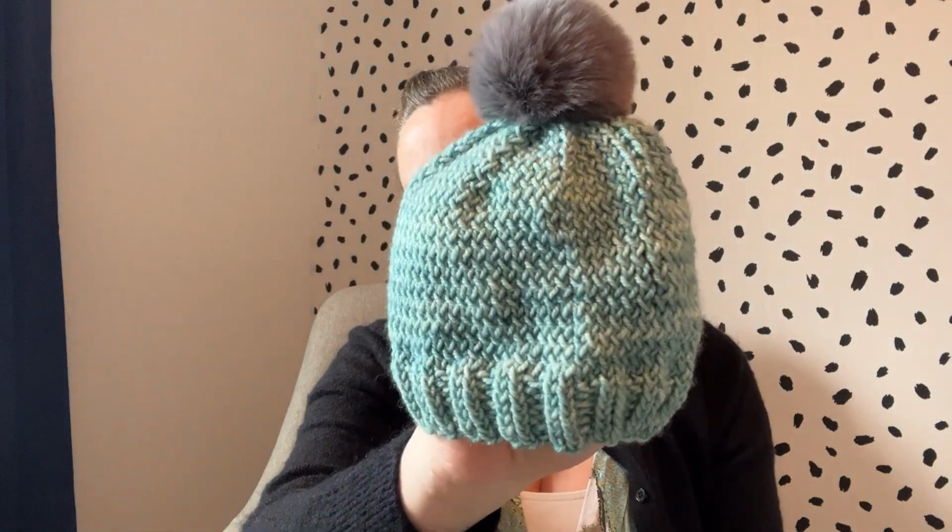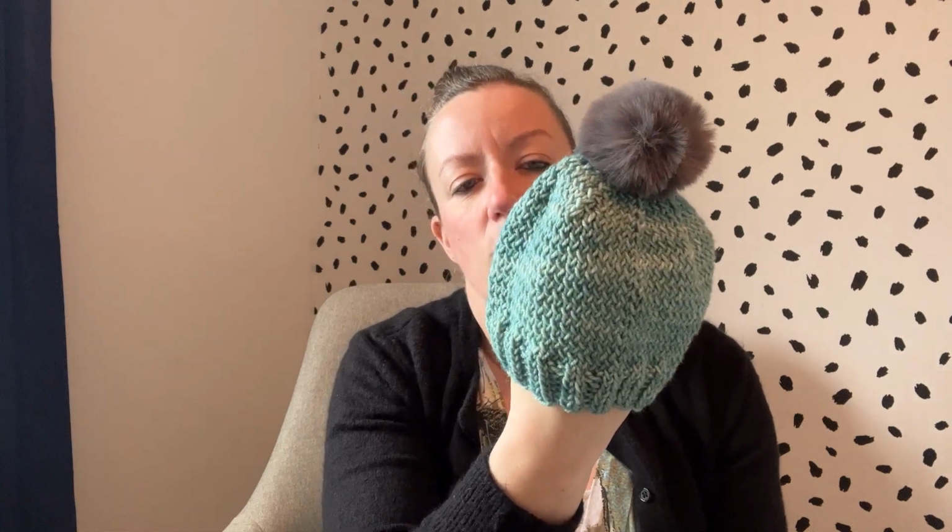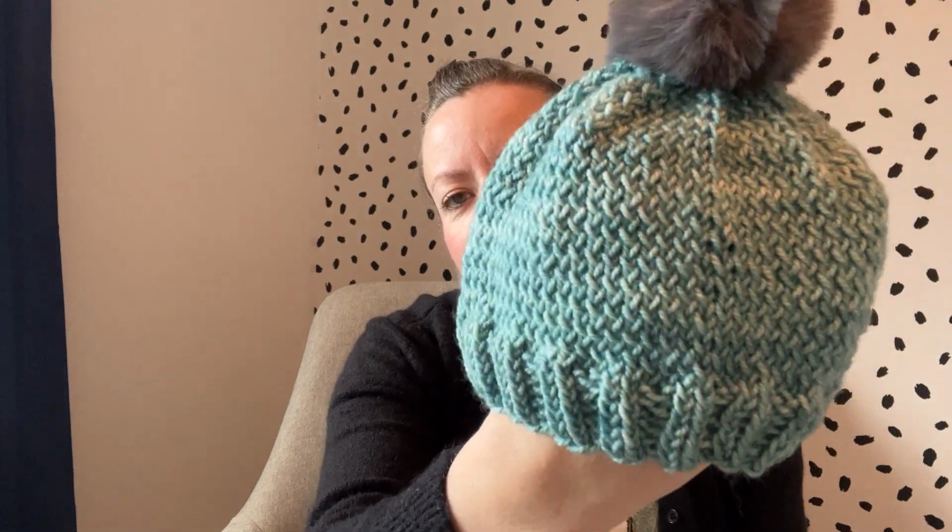My next finished object is just too cute. So you would have seen in the last episode I made a cardigan from this Julie Asselin yarn, which was in the Biarritz colourway. It's a DK, and I had lots left, so I thought I'd make a little hat. It's just so cute. So I based it on the numbers of the Magic Kofi hat, which is just my go-to. I think it's a free pattern, I'm not sure, but look it up on Ravelry,